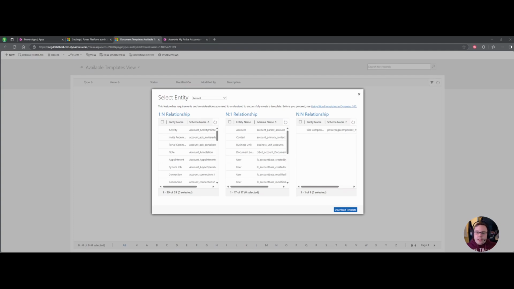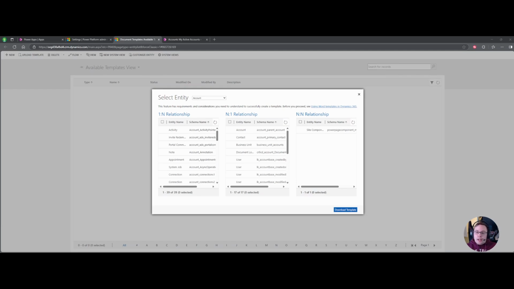What this ends up doing is this creates a template that is available to everyone for that entity to use. Doing this requires you to have administrator privileges on that environment because obviously you've got to get to it through the system administrator area. So if you ever want to create a template that's able to be used by everyone, that's the way to